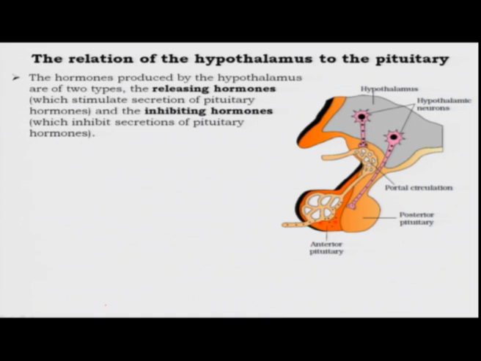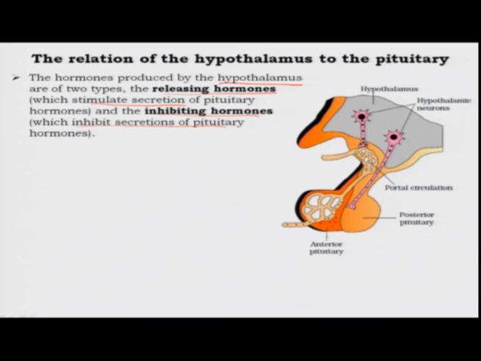So, what are these kinds of hormones that are produced by the hypothalamus? There are two kinds. They are known as releasing hormones and inhibiting hormones. The name itself tells you what they mean. The releasing hormones will stimulate the secretion of pituitary hormones and the inhibiting hormones will inhibit the secretion of